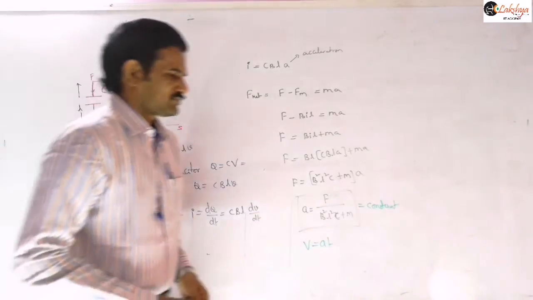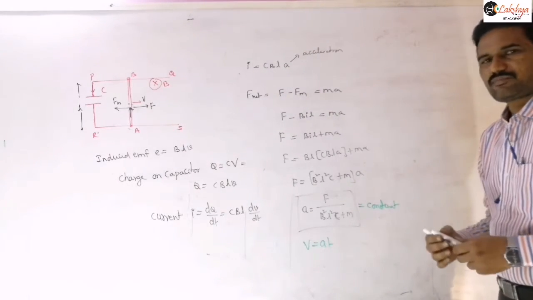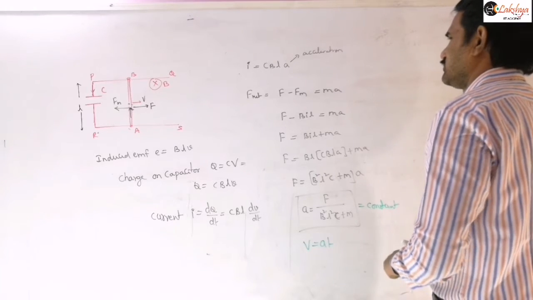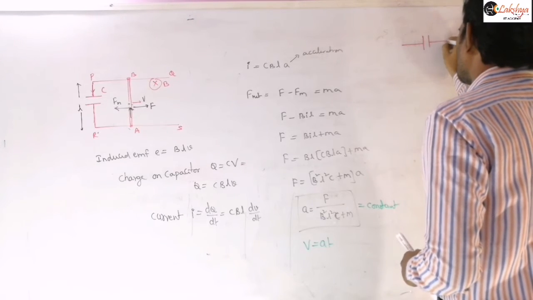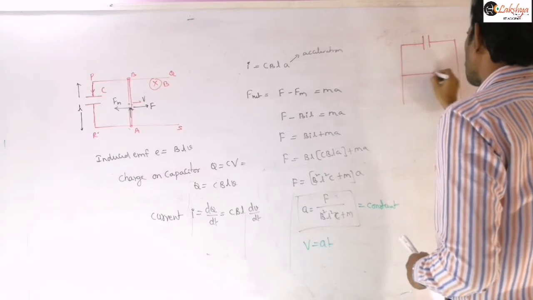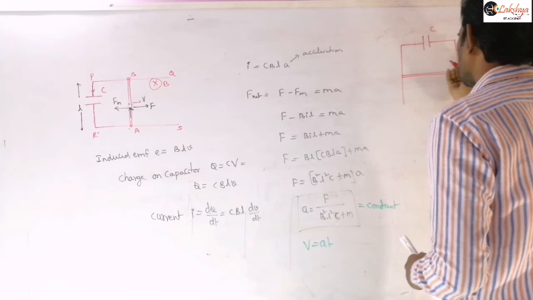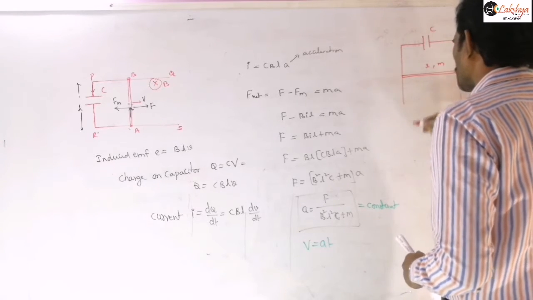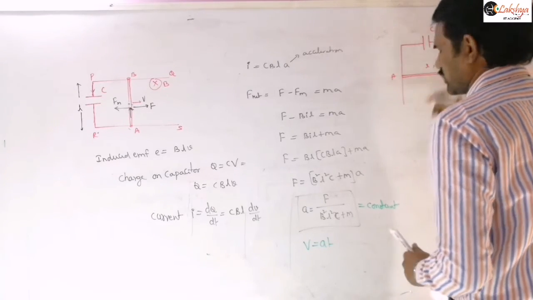And next, sometimes they may ask the question like the same arrangement if it is placed in vertical plane like this. So then next to draw this, write that problem. So if it is placed like this, now the rod is placed like this, rod is released from rest here. This is our capacitance and this is say L, and mass of this rod is M. Right? This is our AB. Now the magnetic field is there into the plane like this. That means horizontal magnetic field.